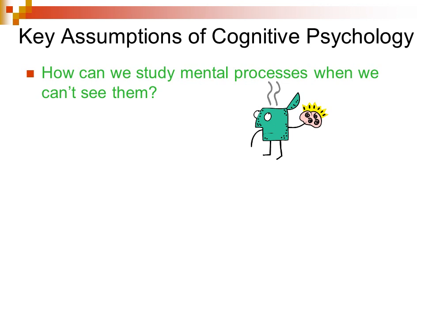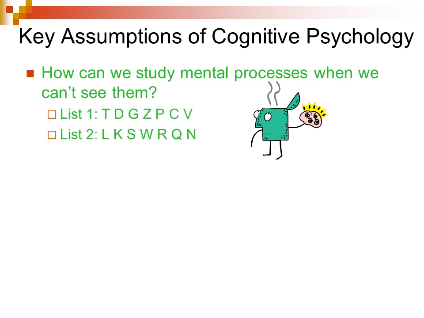And I bet the second list was much easier for you to remember than the first list. Now, what this demonstration shows us is that the unobservable mental process of memory stores information based on what it sounds like versus, for example, what the information looks like. This is why it's more difficult for you to remember the letters from list 1 versus the letters from list 2, because in list 1, all the letters sound similar to each other, and so it's difficult to keep them